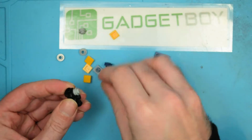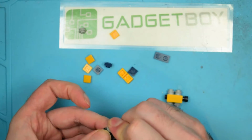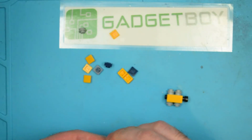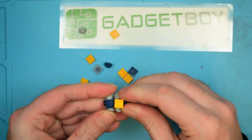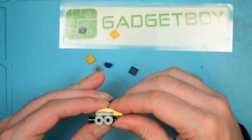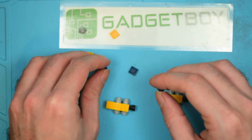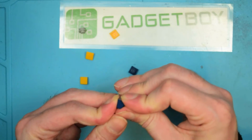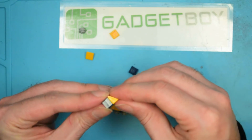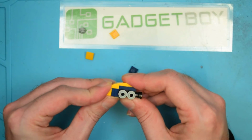Anyway. Alright, now we'll do the front car, or the engine, and do the same thing. I'm going to take the four little gray bits, stick them there. Looks like we've got this dark blue 1x2 plate like that. And the smooth orange 1x1 goes there. And then this little arched curvy bit, I don't know what the official name for those are, goes there. And then we need to stack two of these 1x1 blue plates, like so. Then we're going to stick the little angled brick there, and then that is going to go right onto the front like so,